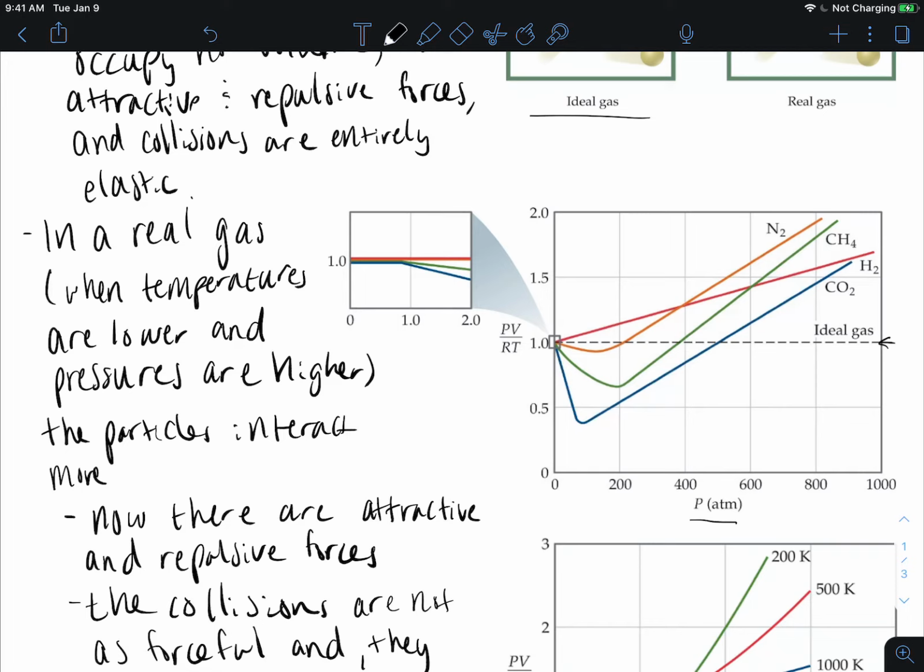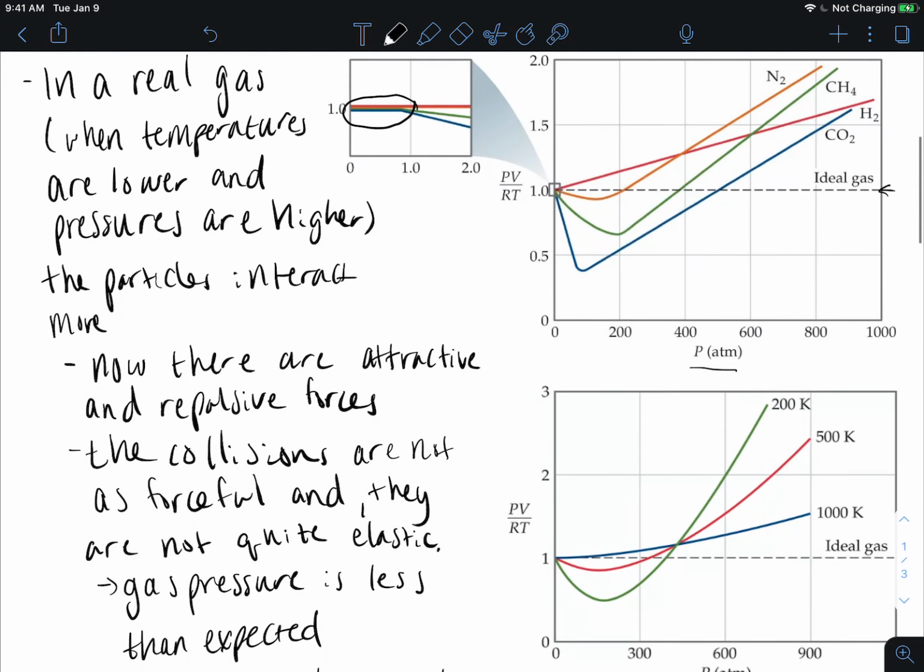The variation shows, as we increase pressure, how much a gas is going to vary from ideal behavior. We see that when we are at less than 1 atmosphere, our gas is going to behave ideally. But as soon as you get away from that 1 atmosphere, you're going to vary, sometimes wildly, from that ideal